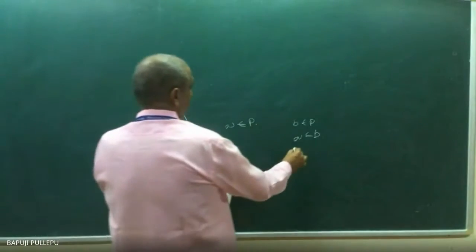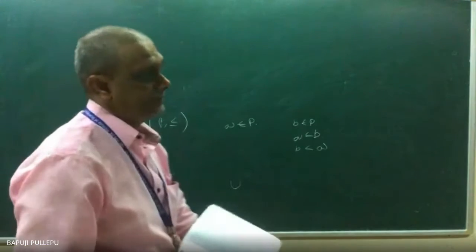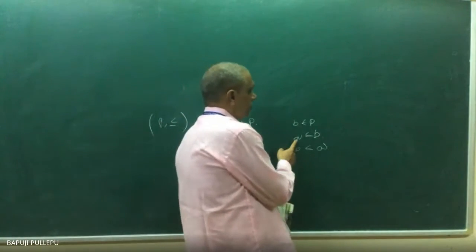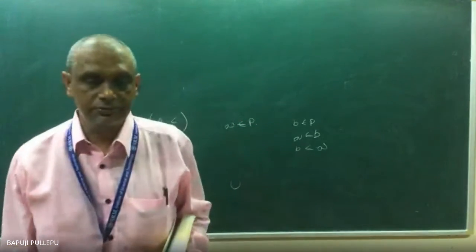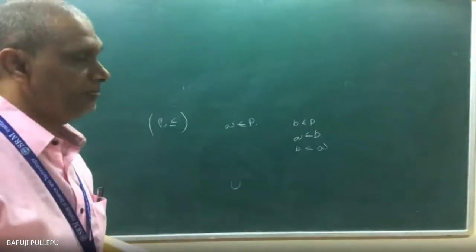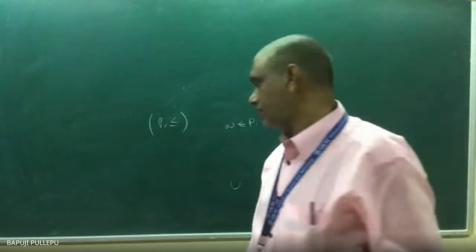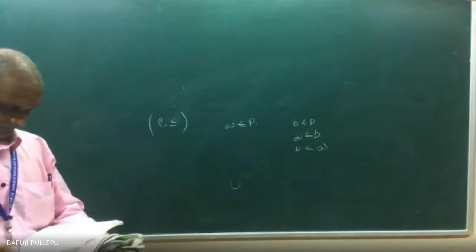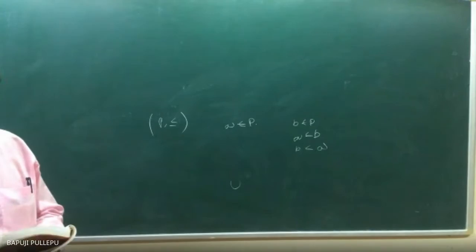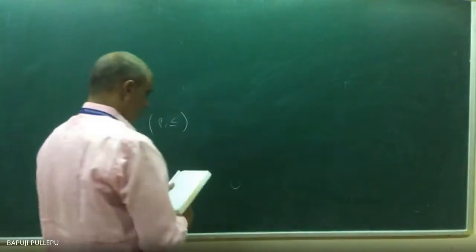So if you say maximal element, it is the one where you don't get anything more than that. Sometimes you get more than 2 elements also. Then if you say minimal element, that is the very least element. So a Hasse diagram always starts from the minimal element and is drawn in the upward direction. If you see some easy diagrams, you can find out from them what the minimal element is and what the maximal element is.